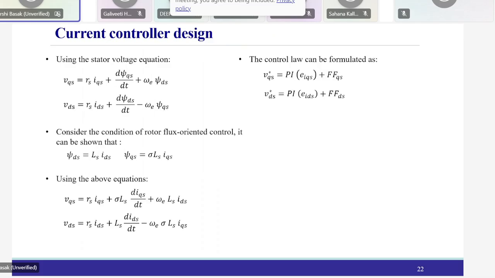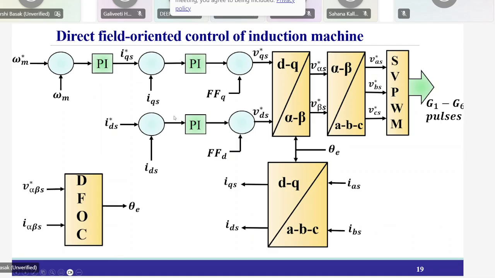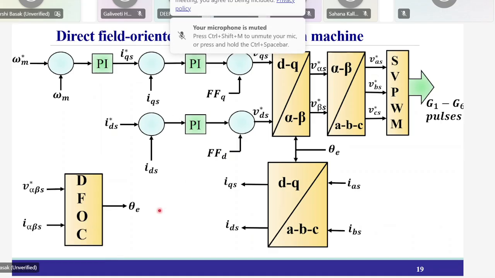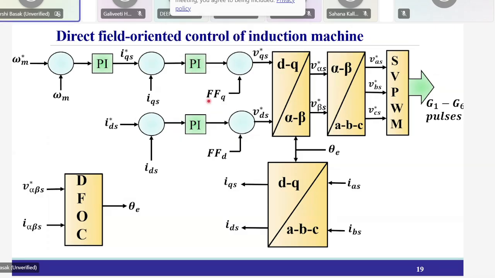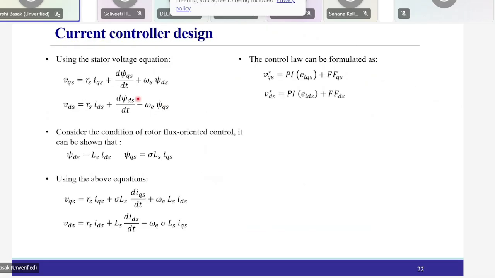Okay. Now, next thing is the design of the current controllers. We have used a PI controller, and we told that we go back a bit. You see here, this is a PI controller, and this is a feed forward term. Now, what will be the suitable control law? That we will find out from the stator voltage equations, and that will help us to formulate the control law. Okay. So if we use the stator voltage equation, VQS equal to RS into IQS plus LS sigma DIQS by dt,